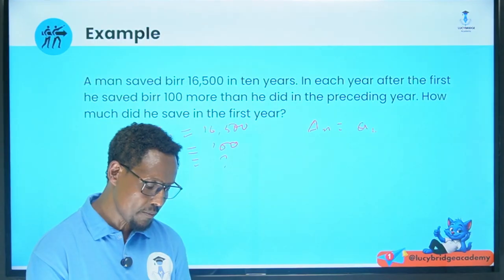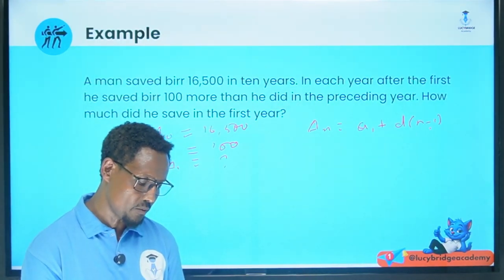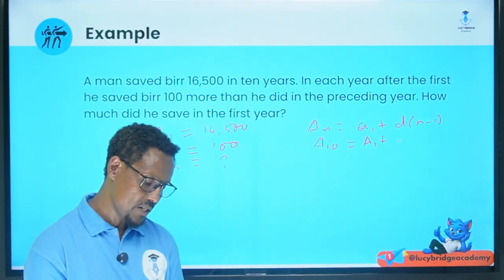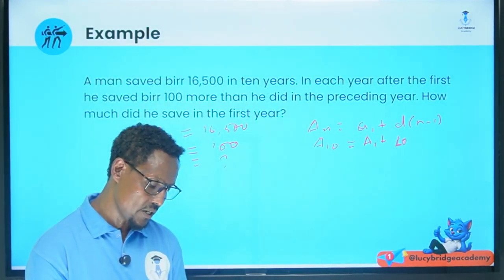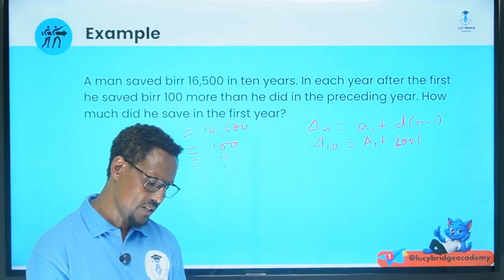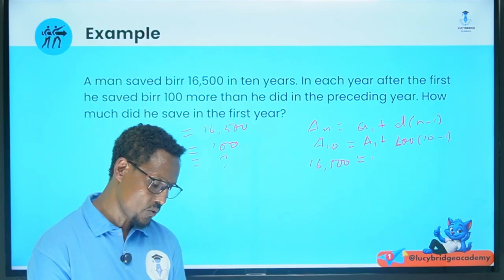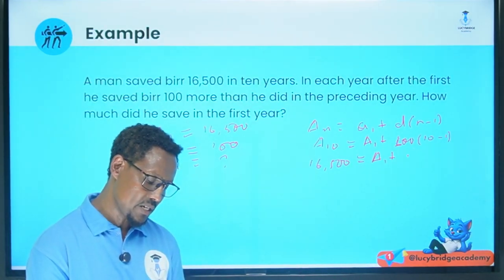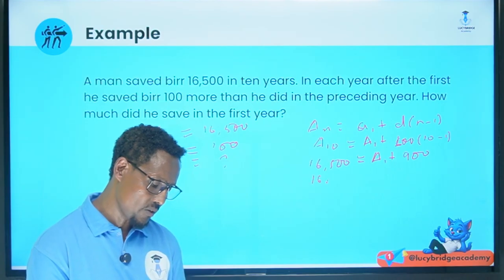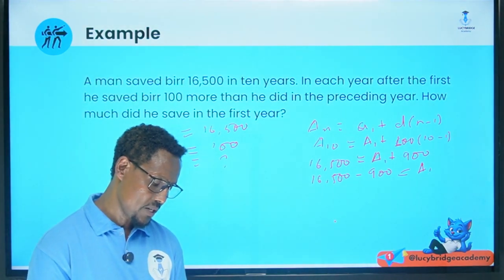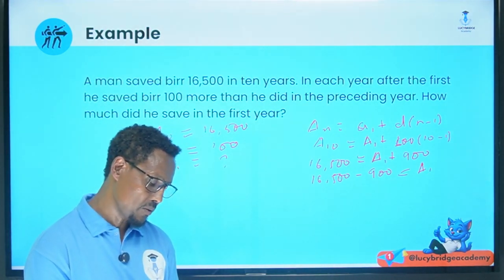Okay, a1. But I know that a_n is equal to a1 plus d times (n minus 1). Now let me take a10, which is equal to what? a1, we don't know the first term, a1, plus d times (n minus 1). d is given, which is 100, times (n minus 1), n is 10 minus 1, which means a10 is given, which is 16,500, is equal to a1 plus 9 times 100, 900. Now 16,500 minus 900 is equal to a1. Okay, therefore,